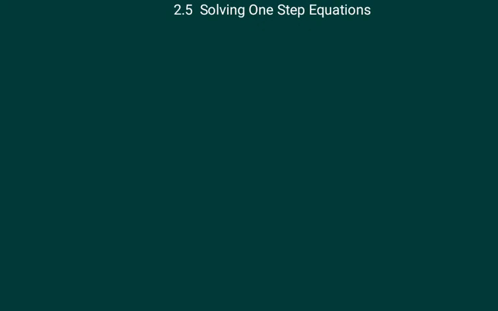Lesson 2.5 is on solving one-step equations. So with this, you're going to have to undo just one thing. Some examples of one-step equations would be like 3 times a number equals 21, or a number divided by